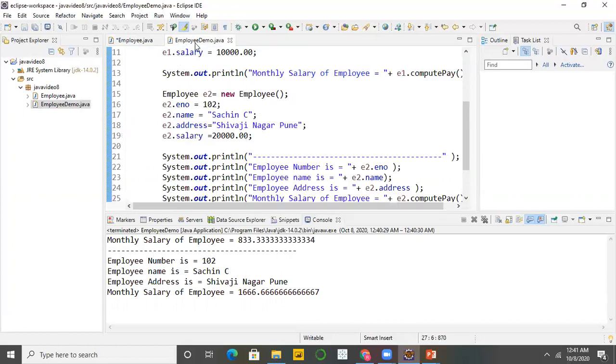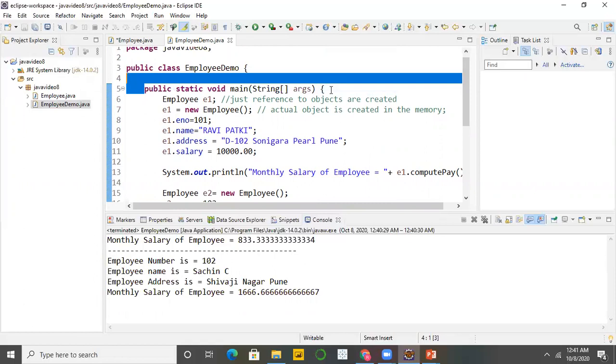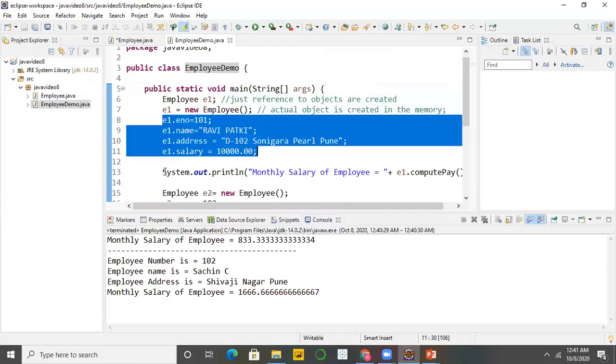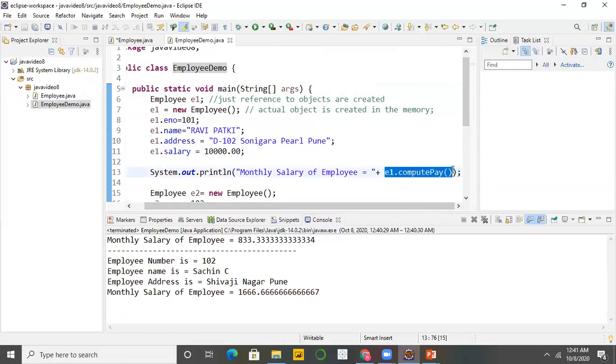Then I have written another class. Such classes are called client classes, which contain the main method, employee demo, and then the main method, which is the entry point. One reference is created, the object is initialized to that reference, instance variables are initialized, and the method is called using the dot operator.